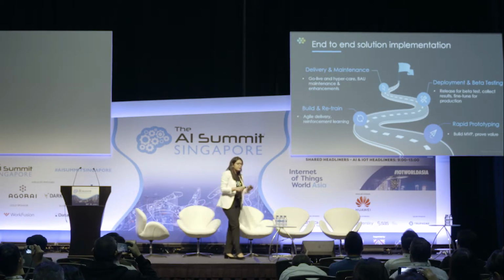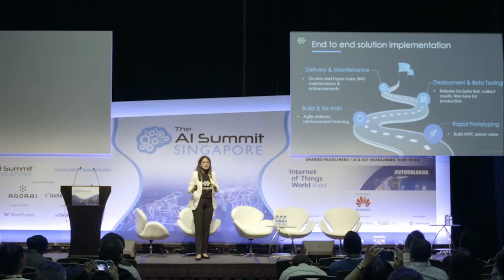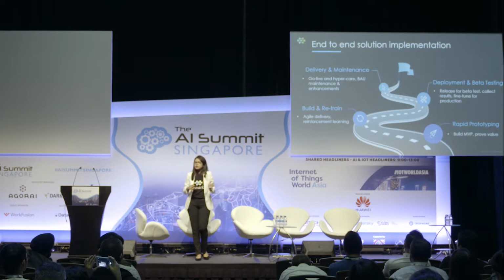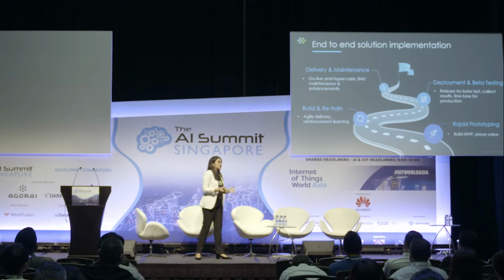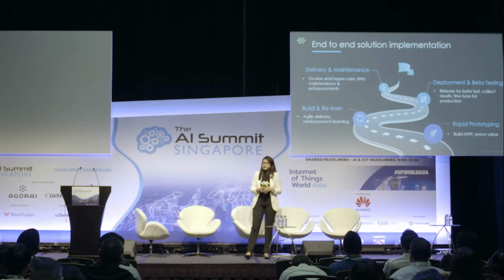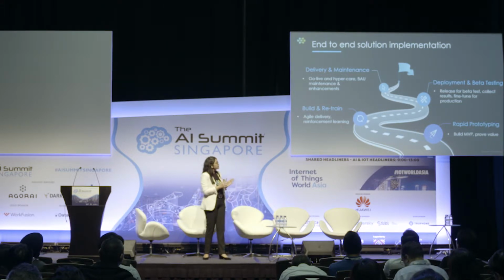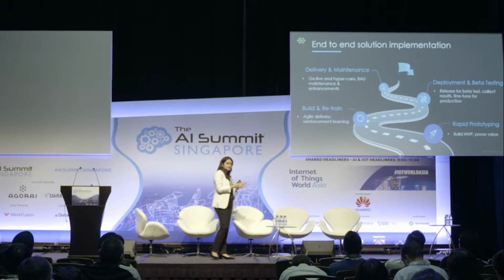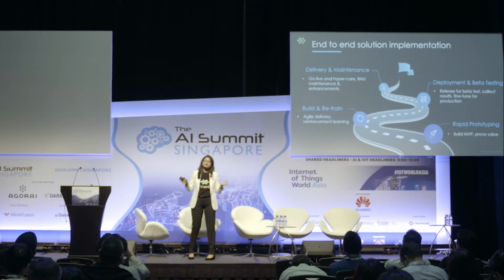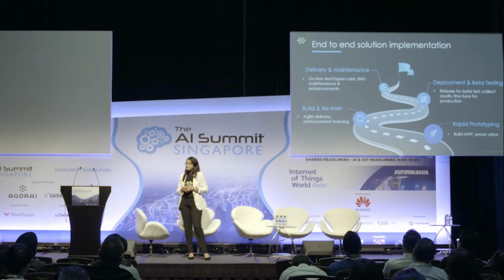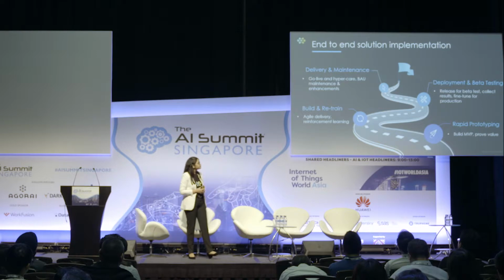So we start with rapid prototyping, and here we go a little greedy. We want to build the MVPs fast and first, prove value, so that we can quickly move on to the actual solution build, wherein we look at all the other set of feature variables, extensive analysis of that data. We use state-of-the-art networks to model the data on. And finally, once that is done, we are ready to deliver that through agile sprints. And the results of each stage of that sprint is used to feed back into the model as reinforcement learning, where the model is rewarded or penalized depending on the success or failure outcomes.